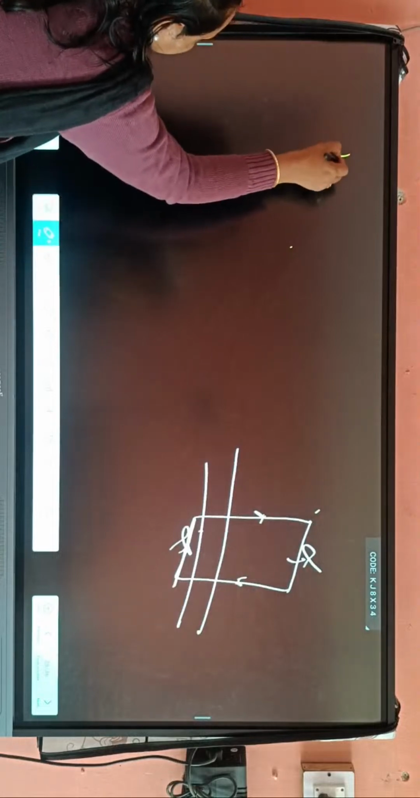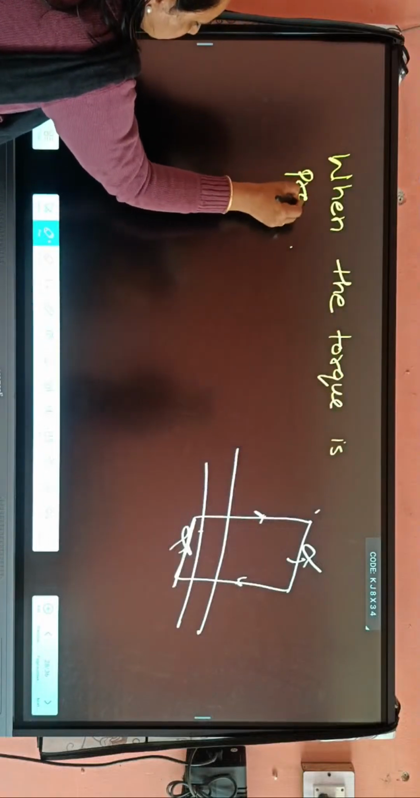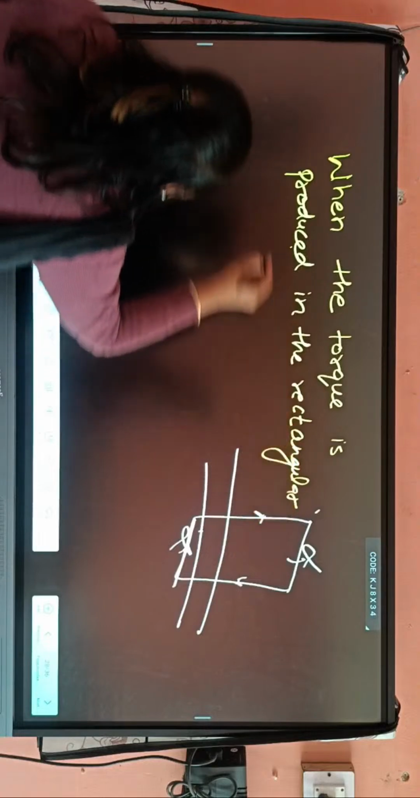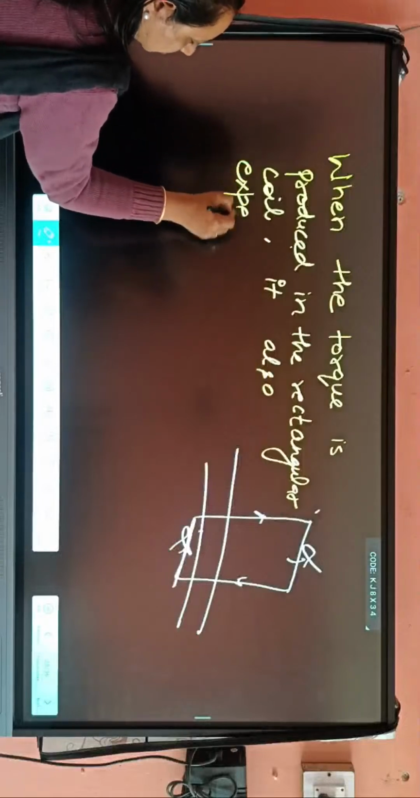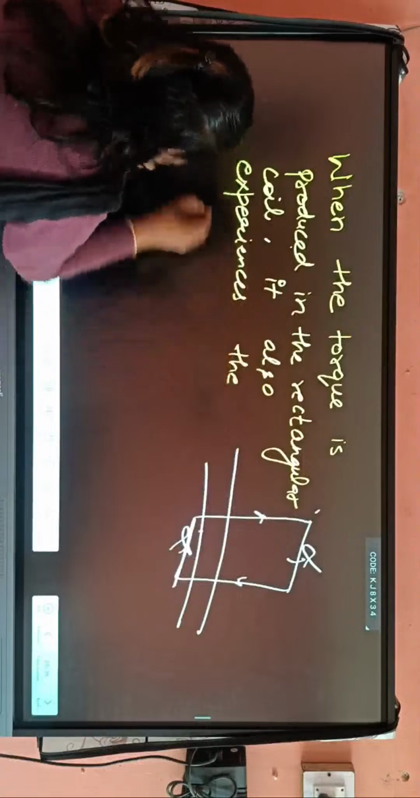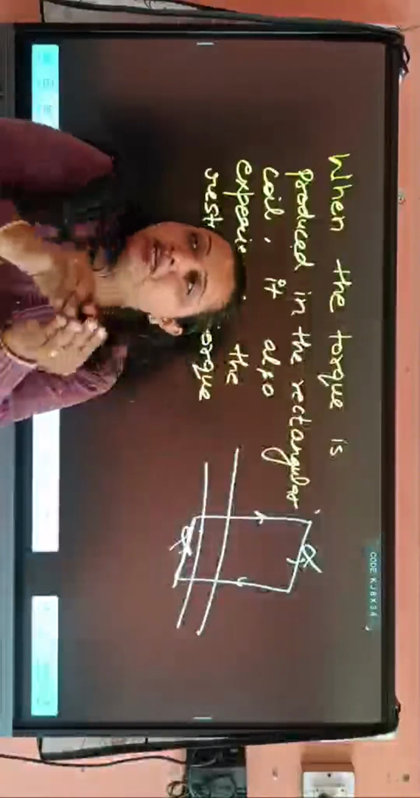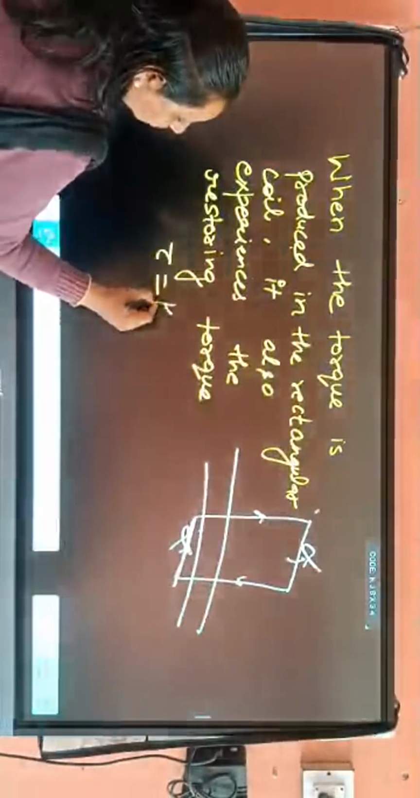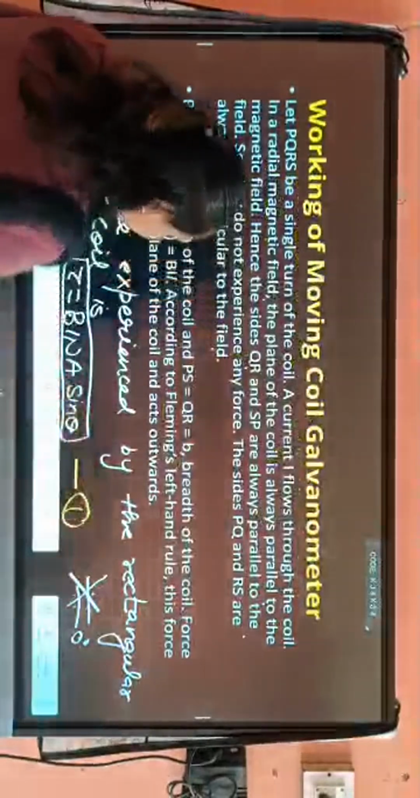So when torque is produced in the rectangular coil, it also experiences the restoring torque. ठीक है, the restoring torque also comes, जस्ट इसमें टॉर्क जनरेट होगा, it moves. ठीक है, ये रोटेट कर अपनी पोजीशन पे वापस लेकर आने के लिए, to bring it again to the original position, restoring torque is also produced. ठीक है, तो रिस्टोरिंग टॉर्क इज टॉर्क इज इक्वल्स टू k थीटा। दिस इज इक्वेशन सेकंड वी हैव, दिस इज इक्वेशन 1। ठीक है, sin 90 degree over here,